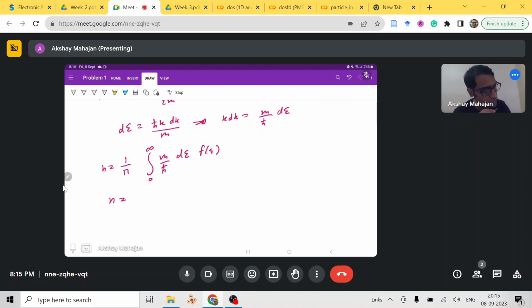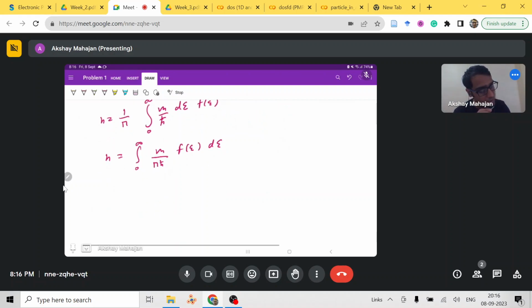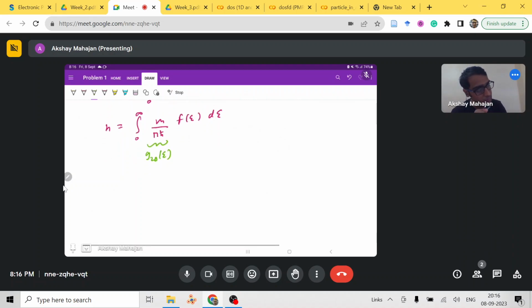Alright, now this n, so here we can see that our integration has changed. This n has become n equals integral from 0 to infinity of m upon pi h bar square f of epsilon d epsilon, and this will be our density of states in the 2D case. Alright, so we have to find G2D of E,